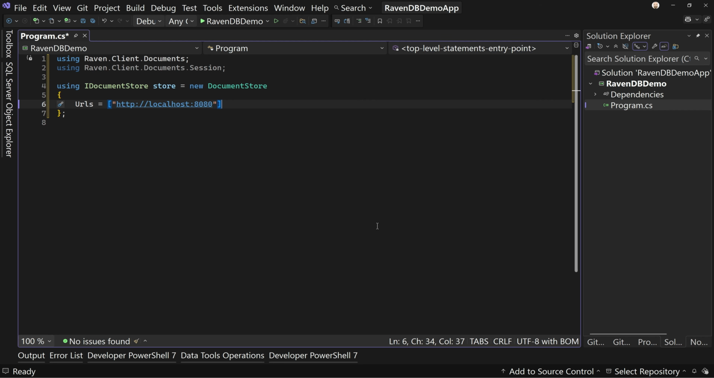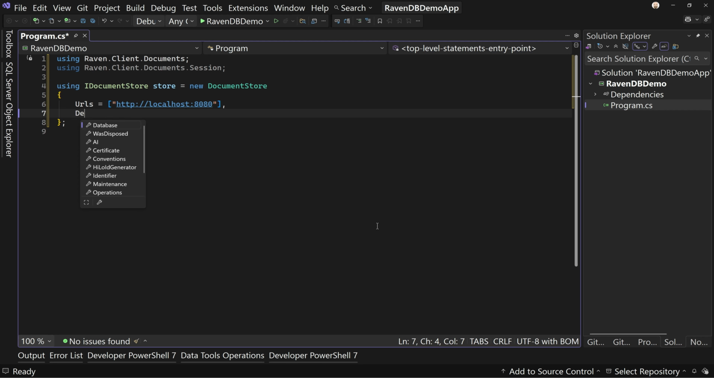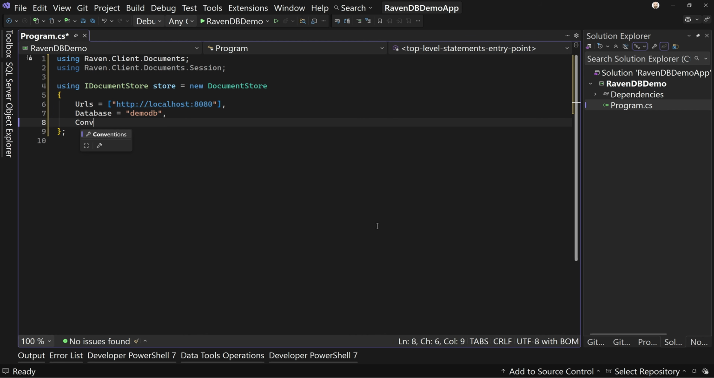If we had multiple nodes we're talking to, multiple URLs, we put multiple in here. And then what's our default database? This is going to be DemoDB. Now notice I use all lowercase. Doesn't matter. Even though the database that I created used a capital D and capital DB, it doesn't matter. You can have all lowercase. And then conventions. And we're going to say no conventions. Cool. So that's all we need for our store, except for one last step, which is